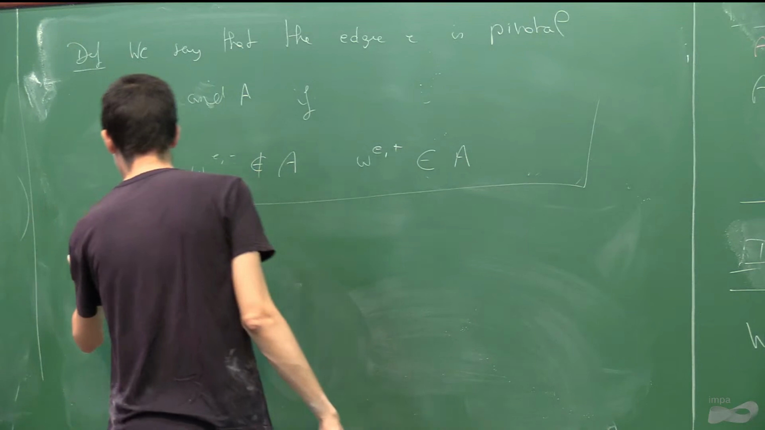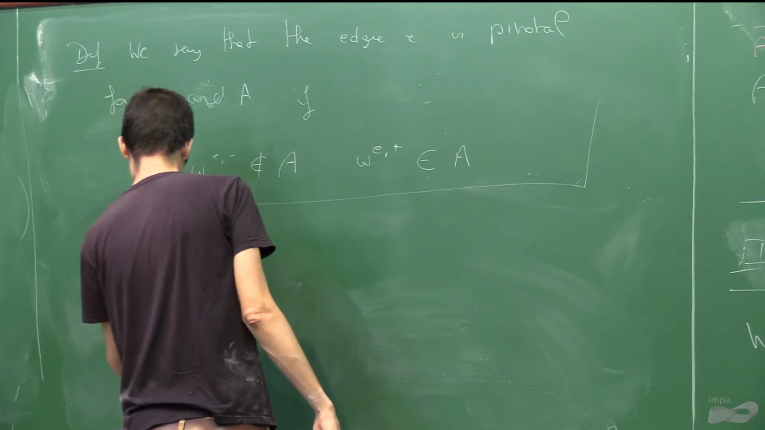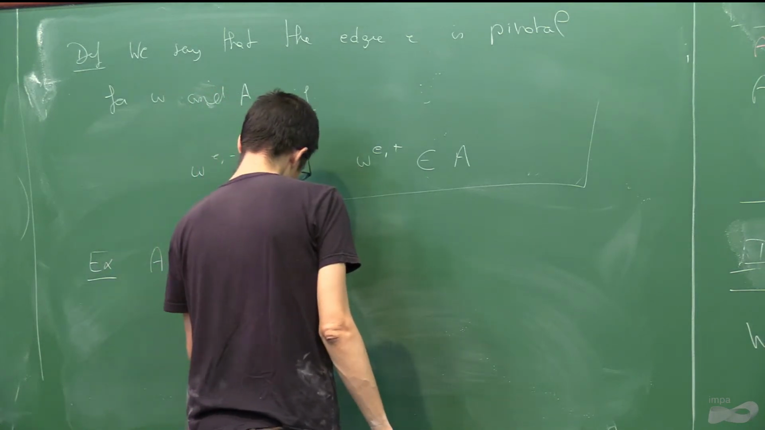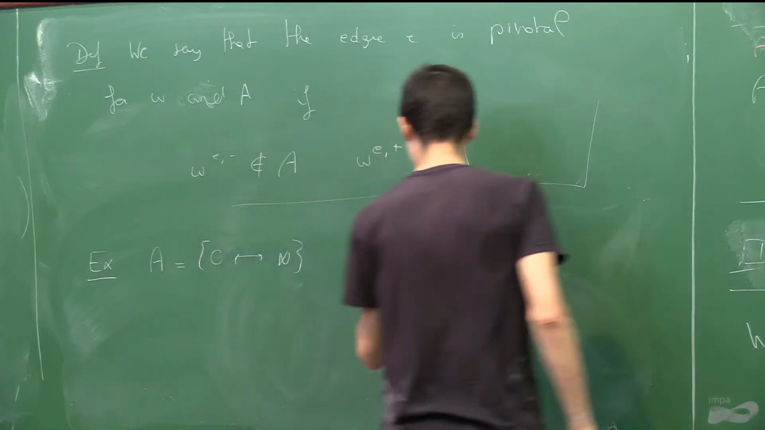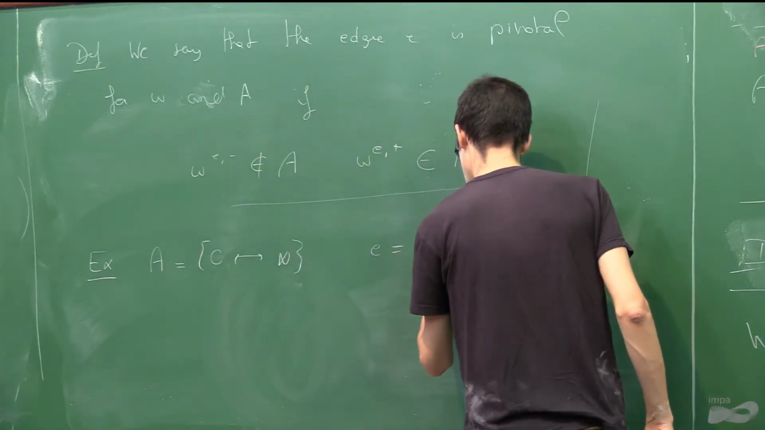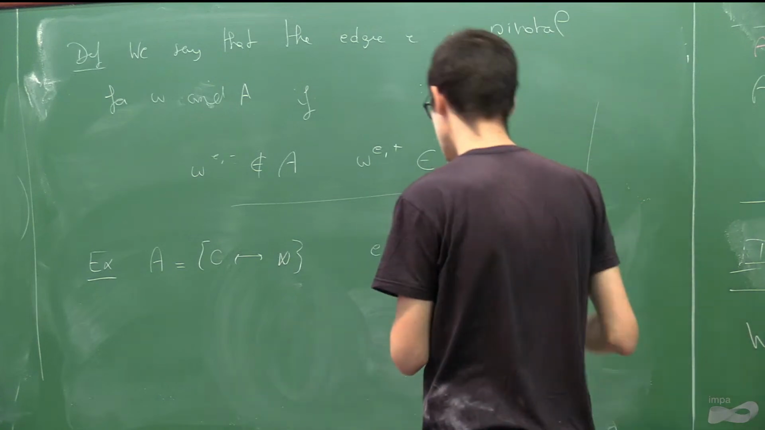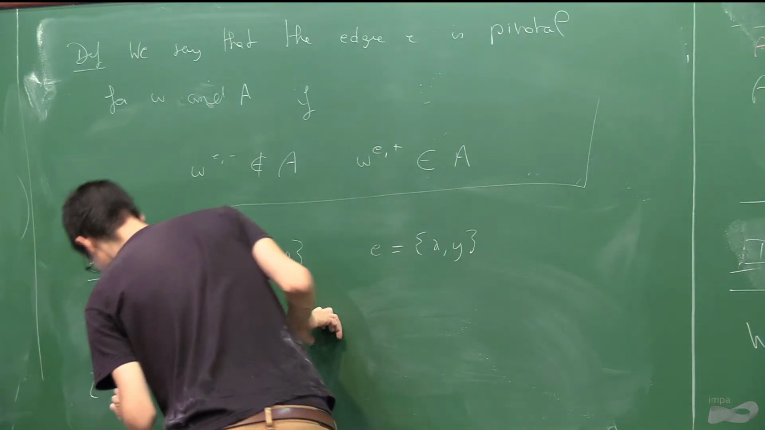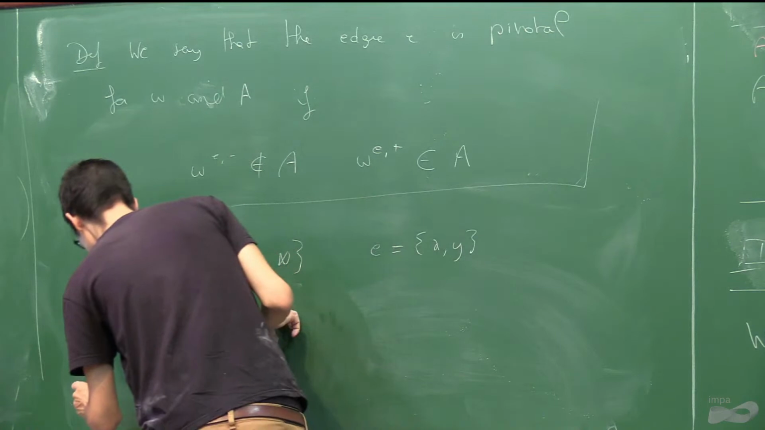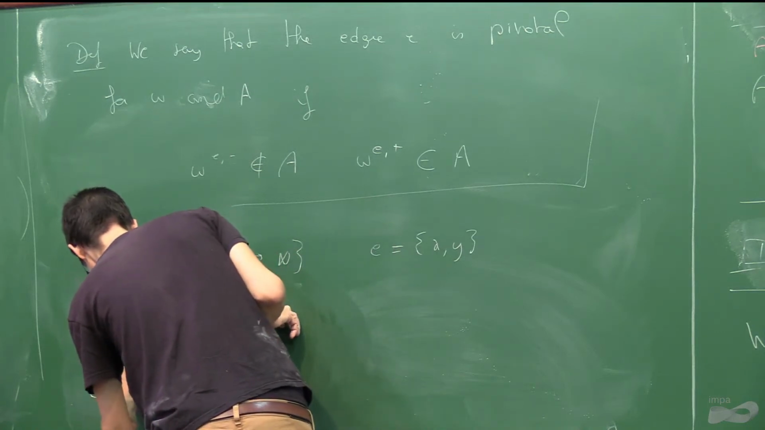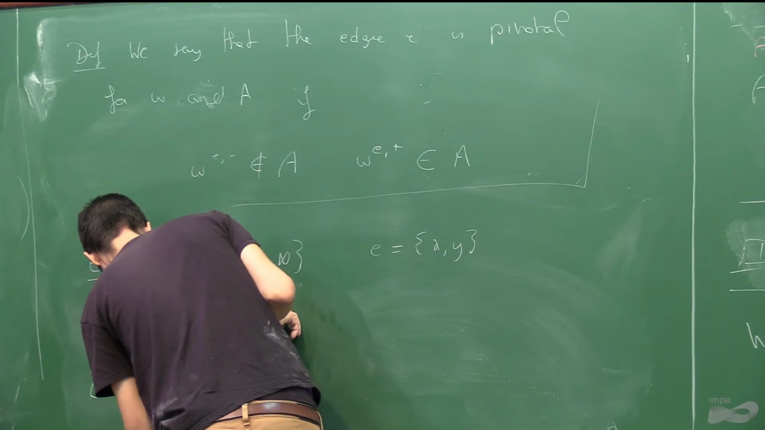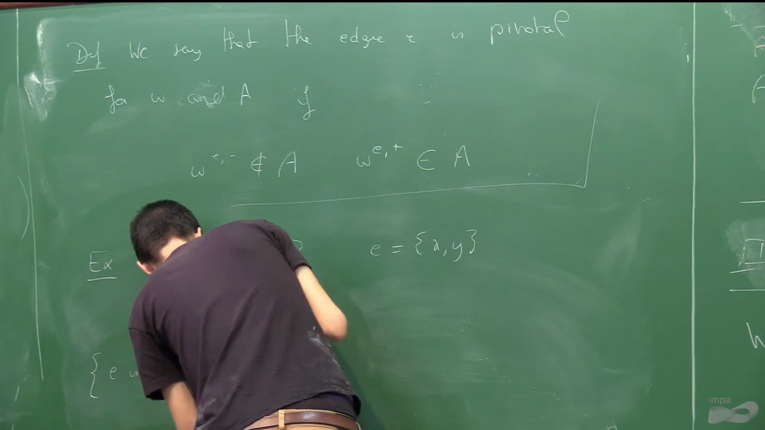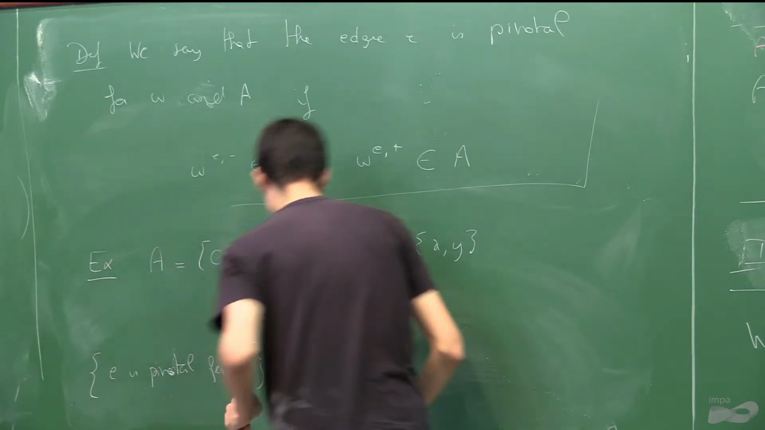Okay, so if you want an example, A is equal to {0 linked to infinity}, and E is equal to xy. So the event E is pivotal for A. It is just saying that, well,